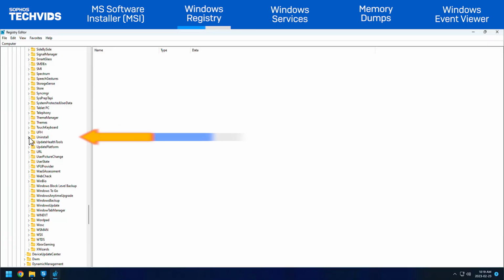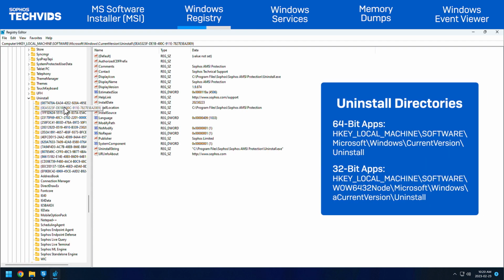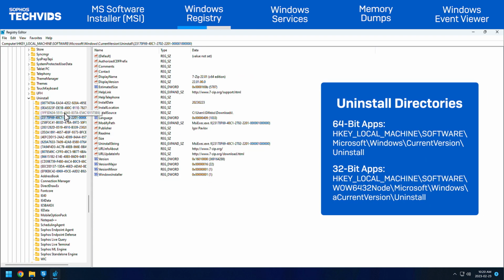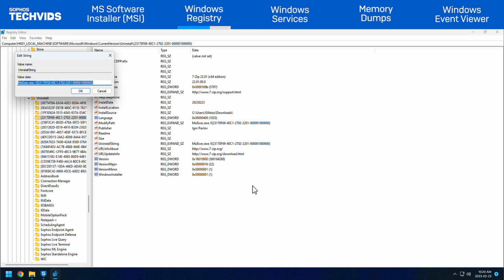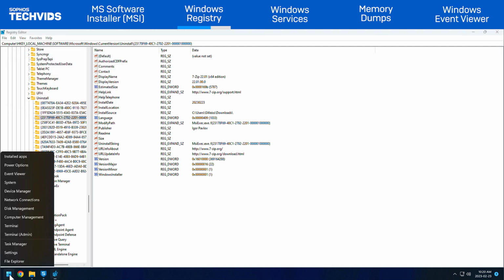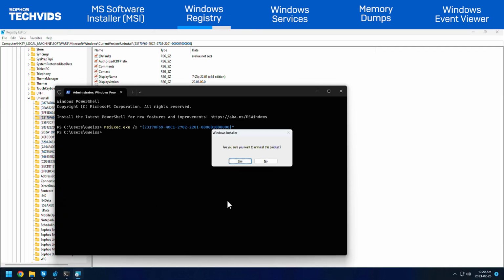Next, Uninstall. This key contains records for each installed application. The key name will usually reference the product GUID, though some keys will reference the product name or executable. You can find out which application each key corresponds to by looking at the values stored within each key. You'll find an entry named UninstallString, which provides either an msiexec command or an uninstall executable package to be used when uninstalling the product. This is what runs when you choose to uninstall an application from Add or Remove Programs.